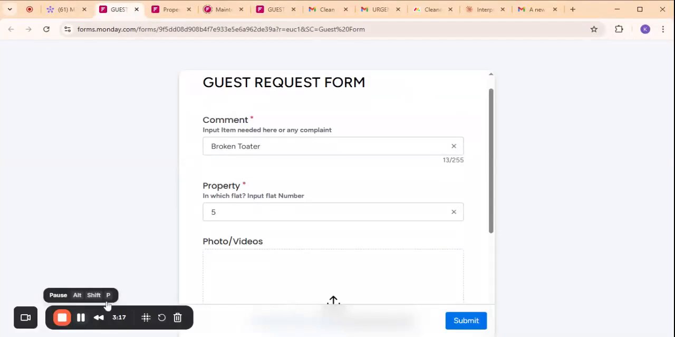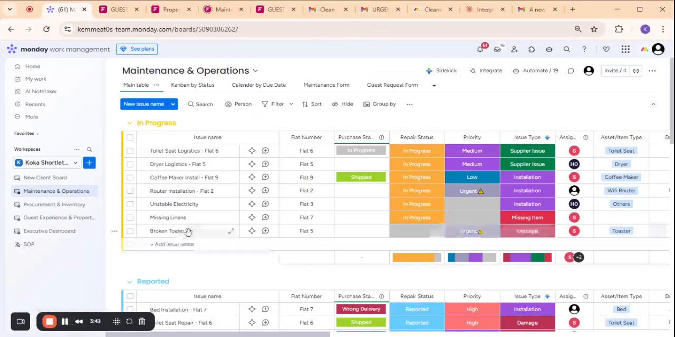The form has been filled now, but there's something I did in this property field. Even if a client fills 5, or they fill flat 5, or even if they make the mistake of filling flop 5, it is still going to correct it to flat 5 in the board. Let's submit and see. It has been populated in the board, broken toaster, flat 5, and it has flagged it